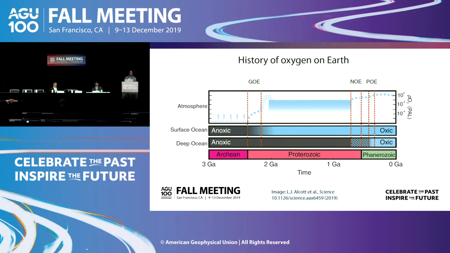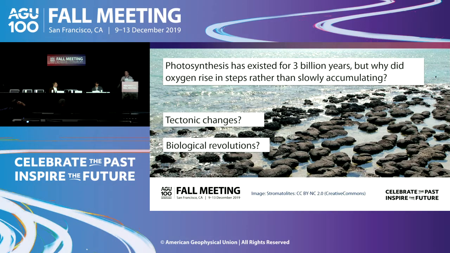So what we have is a very events-based understanding of how oxygen works. You have this event, you have the second event, you have the third event, and each of these is a rise in oxygen, and it causes new parts of the Earth system to become oxygenated. But this poses an interesting problem for those of us who want to think about why this has happened. How has the Earth become oxygenated? Because photosynthesis, which still produces all of the oxygen on Earth one way or another, has existed for around 3 billion years. So throughout this whole time period where you've had these events, we've had photosynthesis.